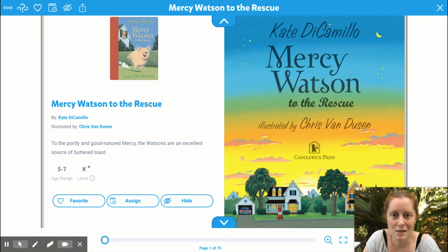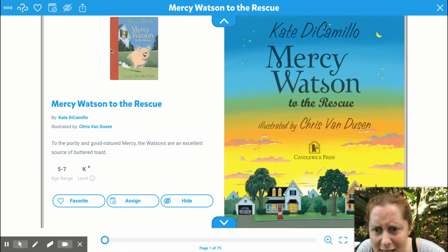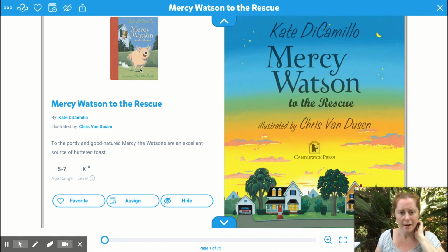to Mercy Watson. So this is one of the first Mercy Watson books, and it's called Mercy Watson to the Rescue. When I look at it, I want to do a sneak peek, right? And when I look at the cover, which is small over here, I see this very happy looking pig running, like racing or something like that. And I see someone hanging out the window, but it's so small for me, I can't see it. And then I see a very sort of